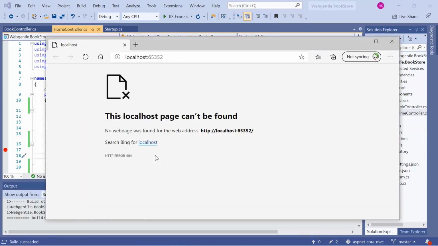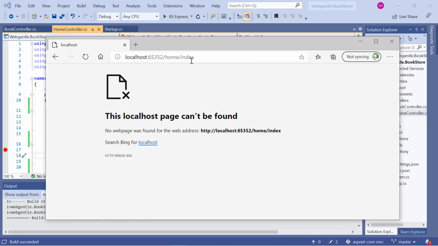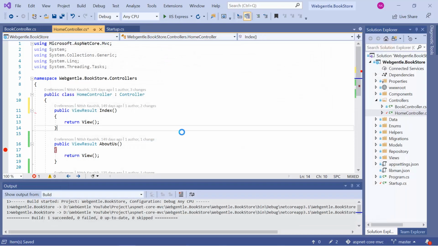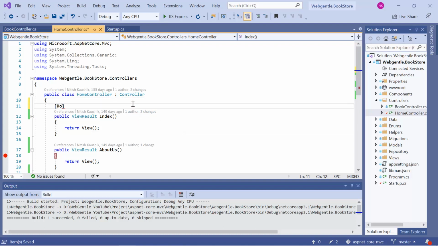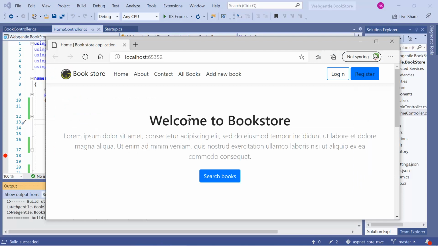Now if you run this application in this state, then you will get an error. Here you can notice that there is no page visible on the browser. If I type home index, then again you will notice that we are not having any page over here. Okay, now let's use the attribute routing over here for this index action method. So we can simply use route, and inside the route we do not need to define any value. That's it, because the application will match only the part that is written inside these inverted commas, and the application will map this URL to this particular resource. Now let's run this application again by pressing Ctrl F5. Perfect, you can notice that we are having our home page by using attribute routing.